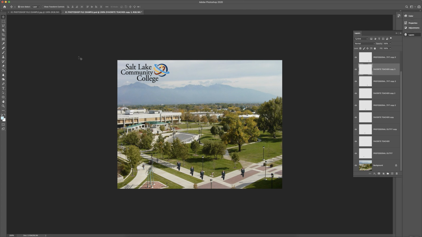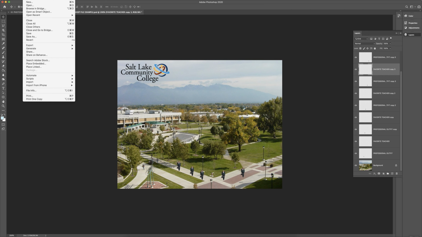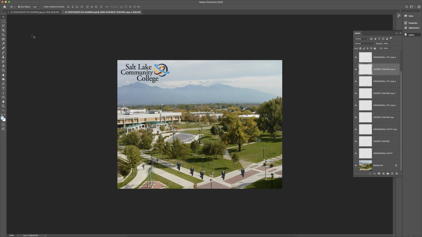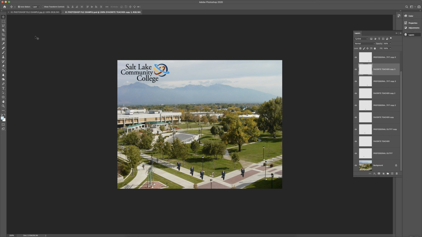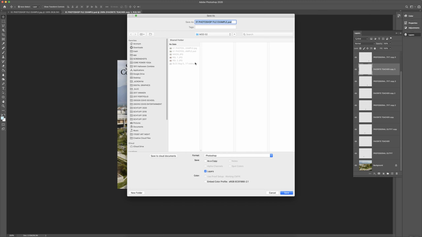And we're going to save it 2 different ways. With most of your assignments, I want you guys to send me the JPEG and the PSD. So for this, we're going to go up to File, and we're going to go to Save, and you can see that it saved the PSD. But now we're going to go back up and do a Save As, and we're going to save a JPEG